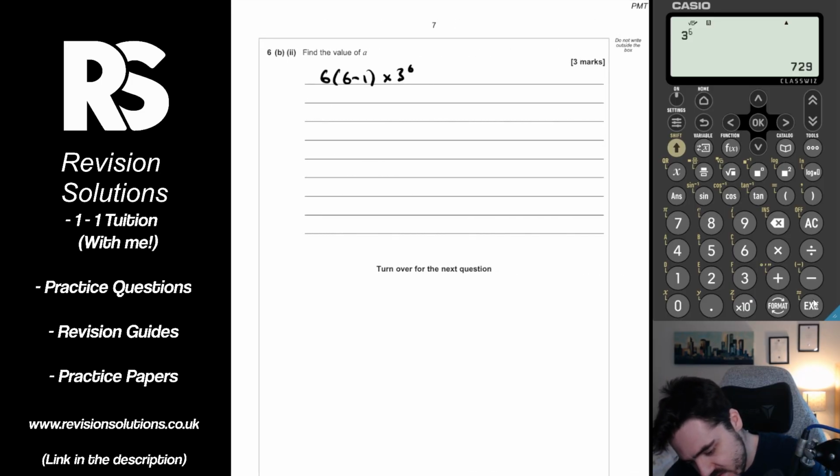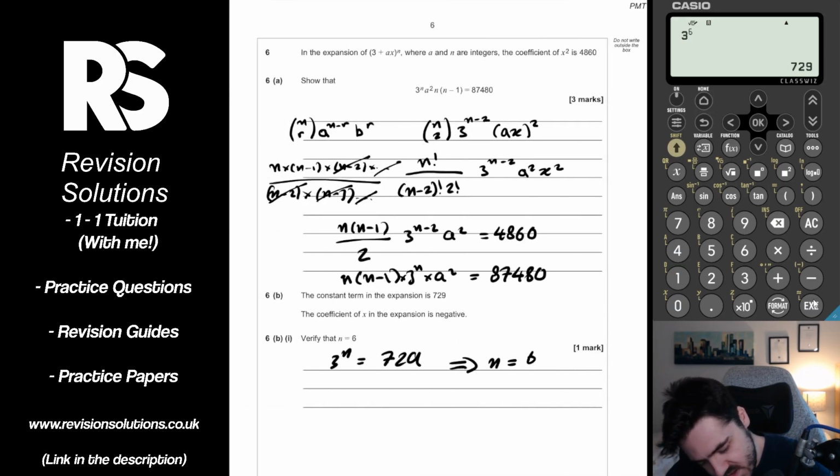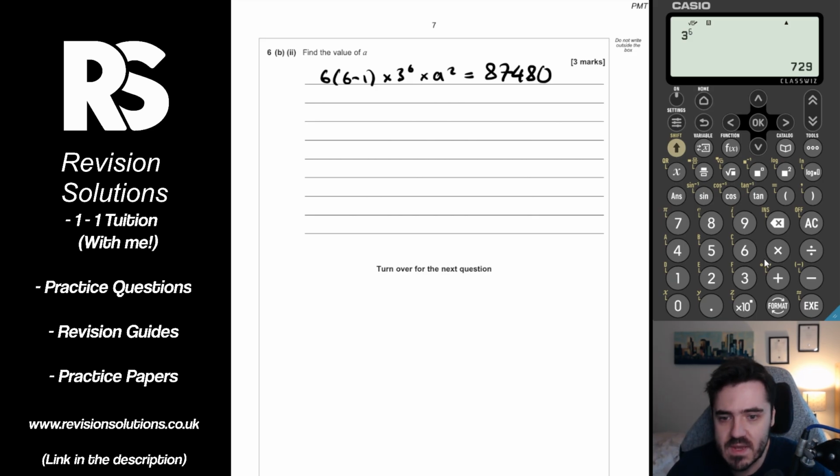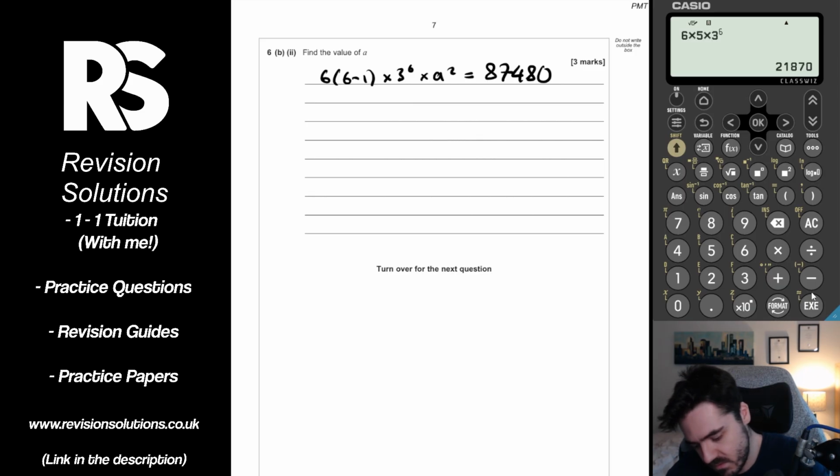a squared times a squared equals our 87,480. If we simplify that up, so we have 6 times 5 times 3 to the 6. That gives us 21,870. So we have 21,870